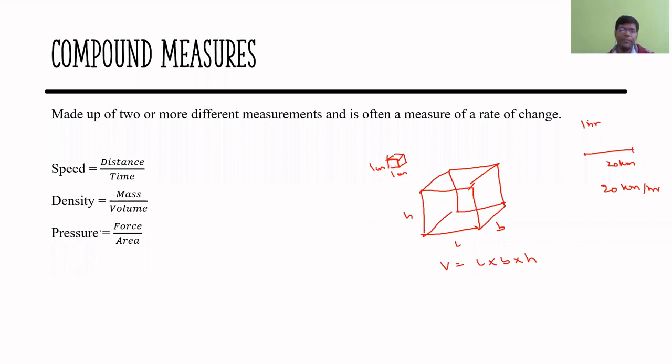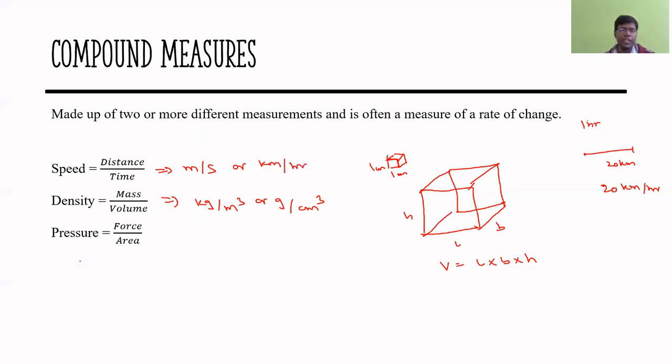So that's what density is. Density is the total mass divided by volume. That will give me the mass of this unit cube. Usually we measure it as kg per meter cube or gram per centimeter cube. When we take the mass in grams, generally we take centimeter cube. And when we take the mass in kg, then we take meter cube. And when it comes to speed, we generally measure it in meters per second or kilometers per hour.